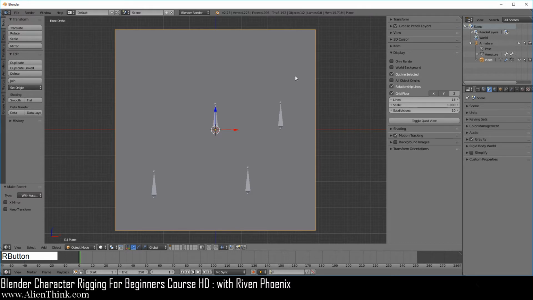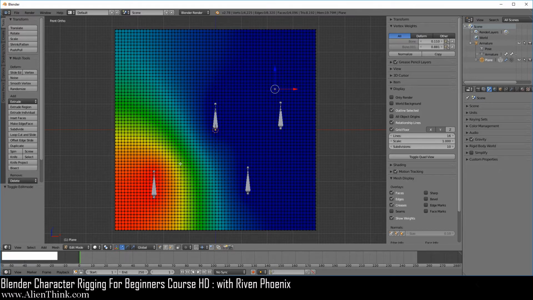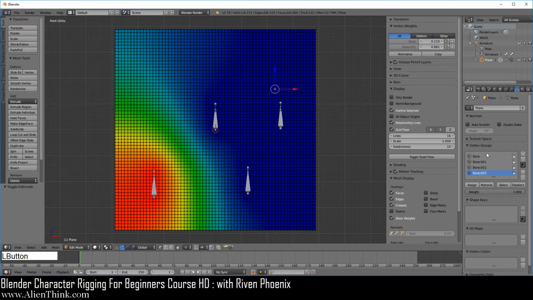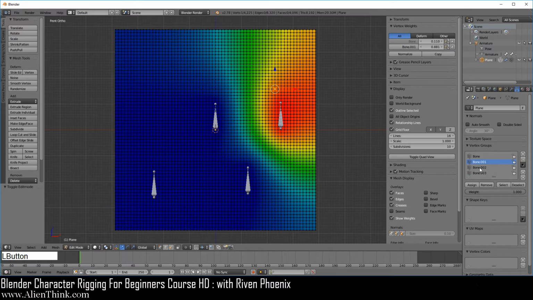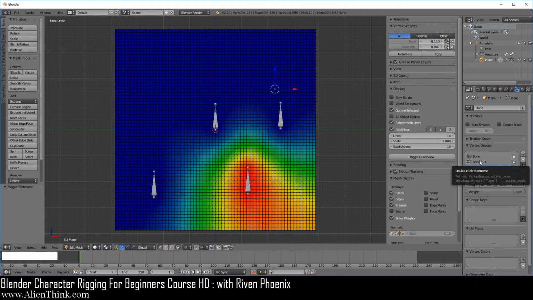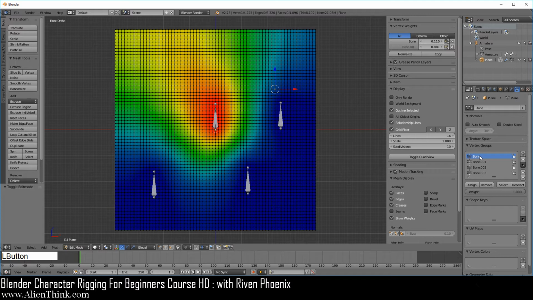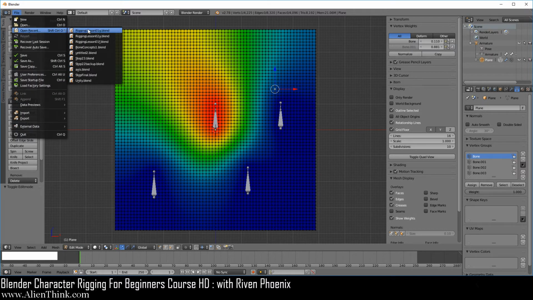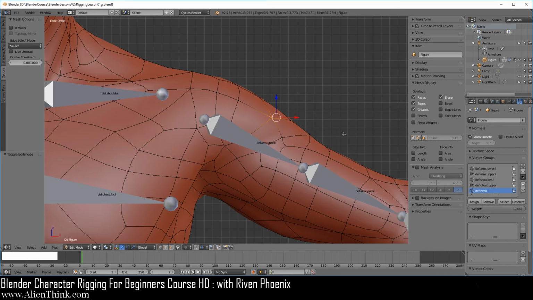Now go to the plane and press the Tab key. Notice how this is working. So if you go over here to the data tab, you can switch between these bones and you can see how Blender is shooting rays out of these bones. Okay, so go ahead and now reload this file and we'll talk about this in more depth in the next lesson. Thank you.